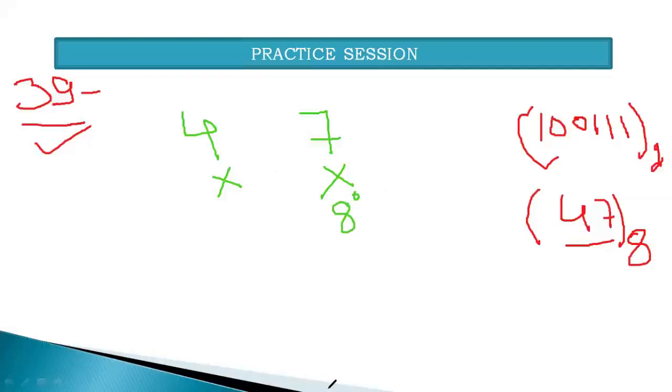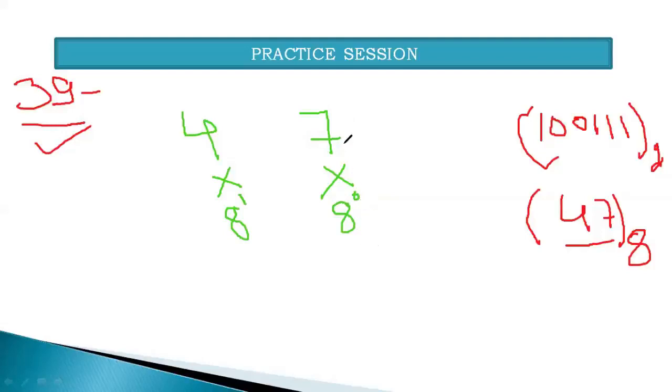Earlier it was 2 to the power 0 because that number was binary, and we converted the binary number into decimal. Now this number is octal and the number is 47. We need to convert this octal number into its decimal equivalent, so we will take all the powers with the number 8. That means 8 to the power 0, next will be 8 to the power 1. If we get more digits, then the next will be 8 square, then 8 cube, and so on. So just solve it.